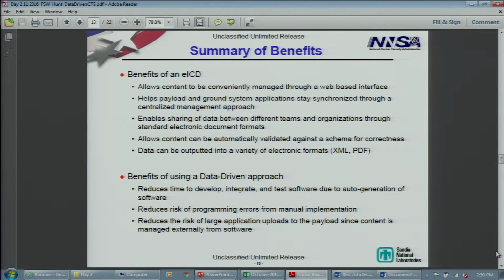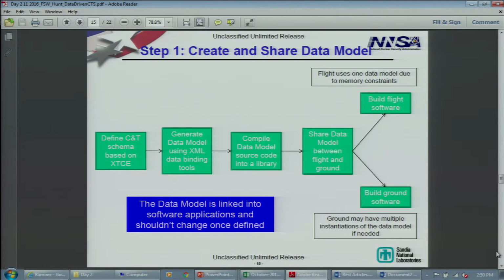And then finally, it reduces the risk of large application uploads. Depending on the change, it may be as simple as uploading a 20K XML file. Okay. Next couple of slides just kind of show the process of how this